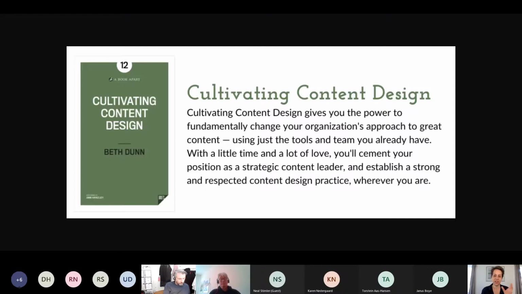And the point is that you make sure that they are wearing that hat and that content person is in the room in all conversations from the start. So it's a content first approach. There are also methods to content first that ensure you are building content into the process from the very beginning.